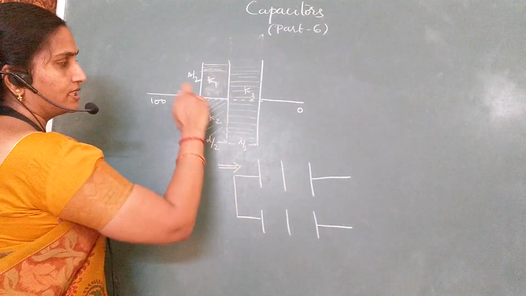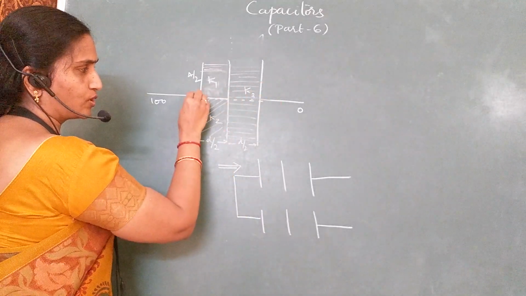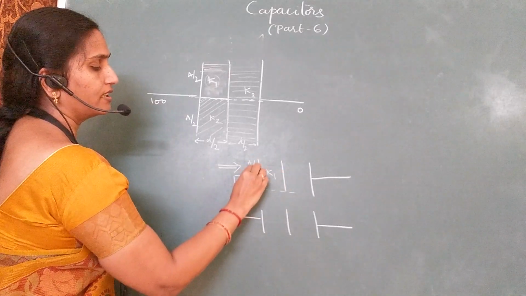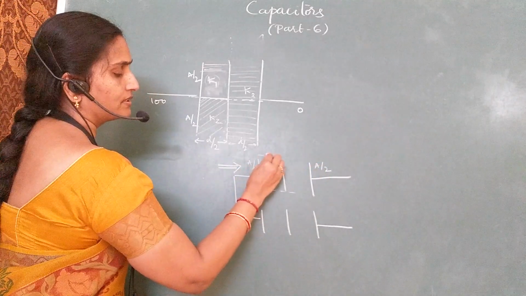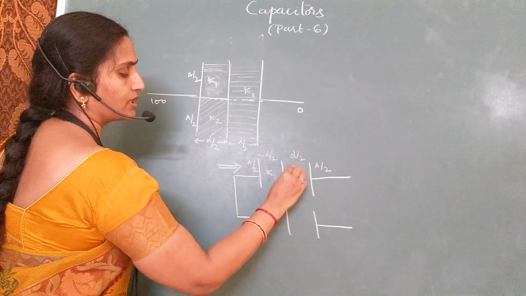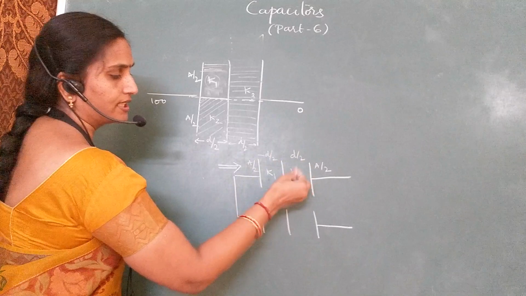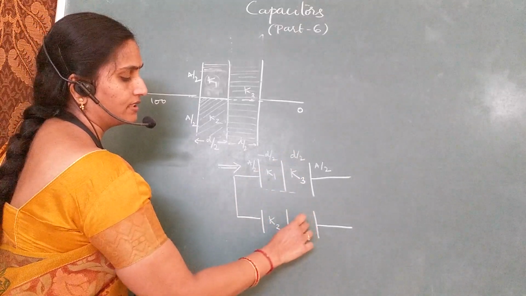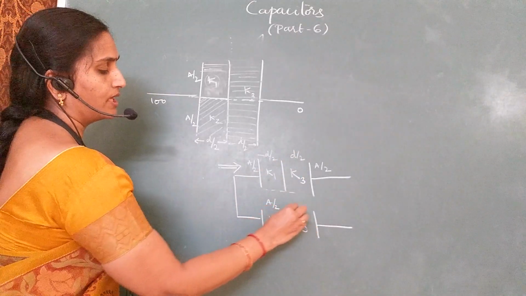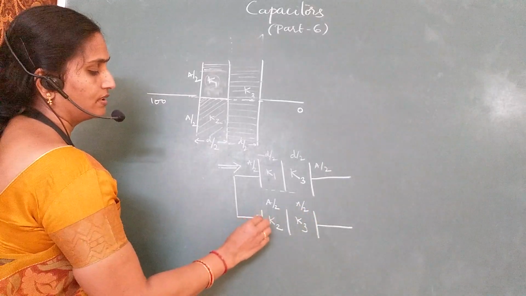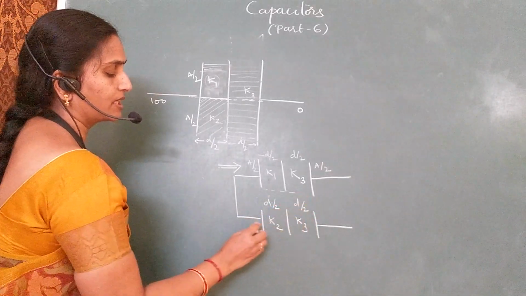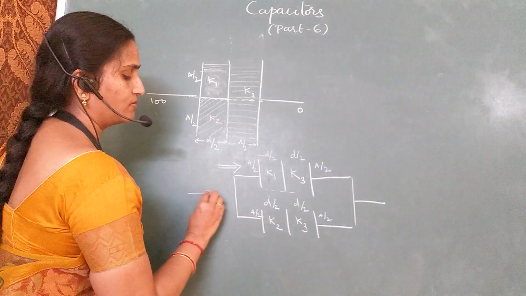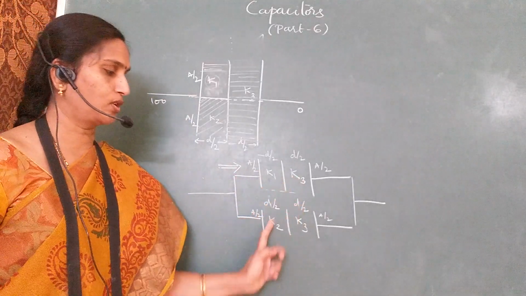We did not divide it along this line, we have divided it along the middle portion, that means horizontal division is taken. This is filled with K1, area A by 2, A by 2, D by 2, D by 2, K1 is followed by K3. And here I have K2 followed by K3, D by 2, D by 2. Area of the plates is A by 2 and A by 2. Join. So this will be your arrangement. Now I have 4 capacitors all together.